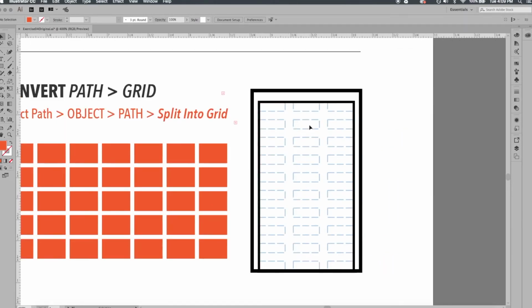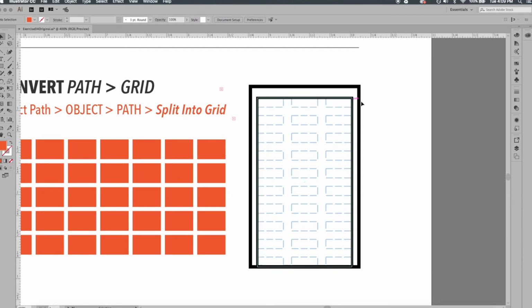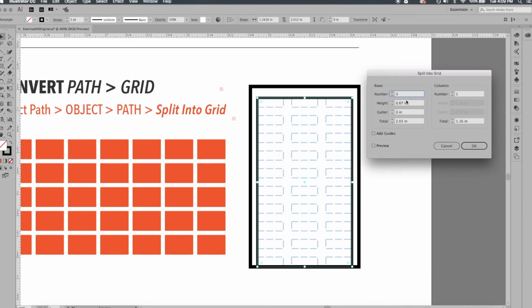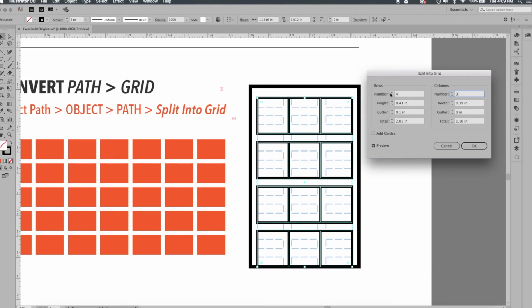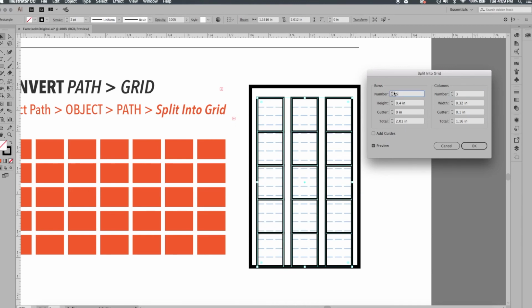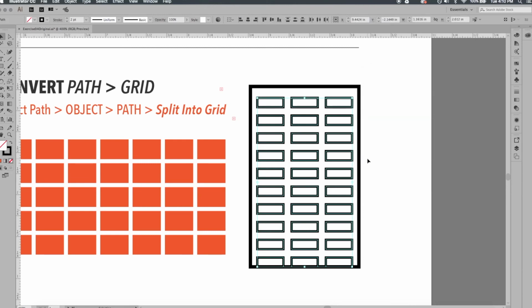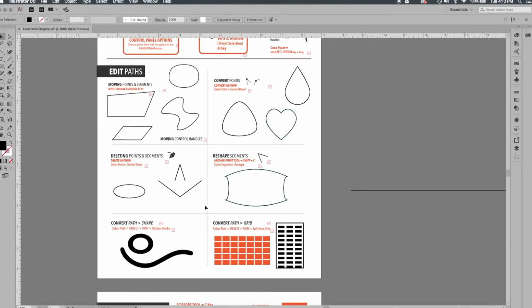So let's go ahead and do a little more practice with that. Let's say I'm making a building shape. So I have the outline of the building, but I want to have a series of windows. But I don't want to spend a bunch of time duplicating shapes. So I'm simply going to click this rectangle that's already been created. I'll go into Object, Path, Split into Grid, and I will start playing around with creating that grid. So I'm going to do 3 columns with a 0.1 inch gutter, and let me see here. I want to do 10 rows with a 0.1 inch gutter, and then click OK. I'll go ahead and group those, Command G. I'll switch the stroke and the fill, and there we go. Alright, so we'll be using these quite often as we continue to go through